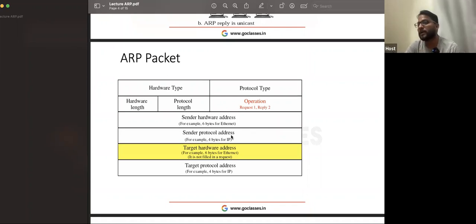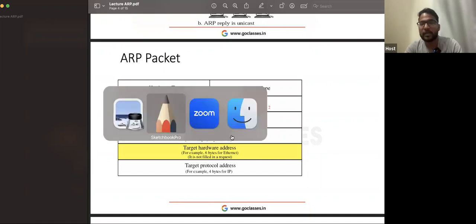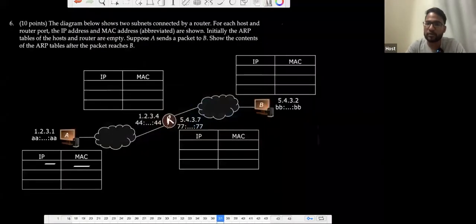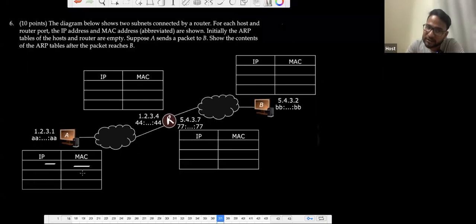So it is just to help others, which means whoever I am sending to will also get to know the mapping between this IP and this MAC. If I'm sending to R, then R will record this is my IP address, this is my MAC address, and R will also get to know A's mapping. Why? Because it's there in the ARP packet. So this interface will get to know A's mapping, which means